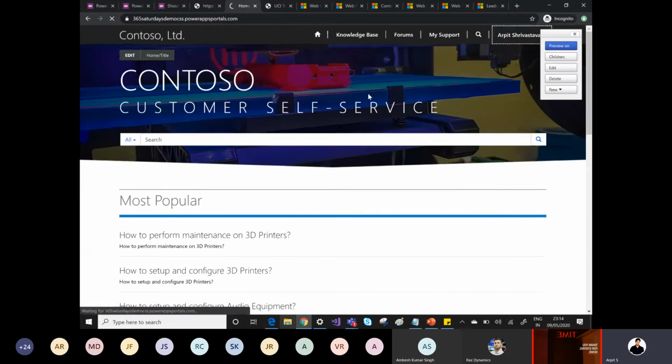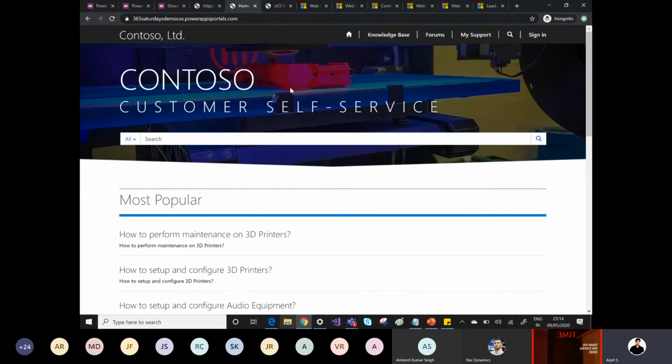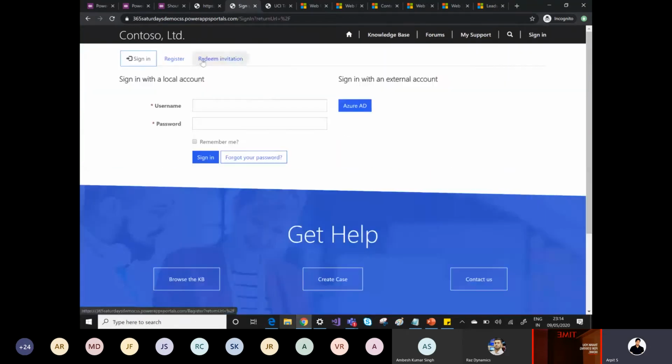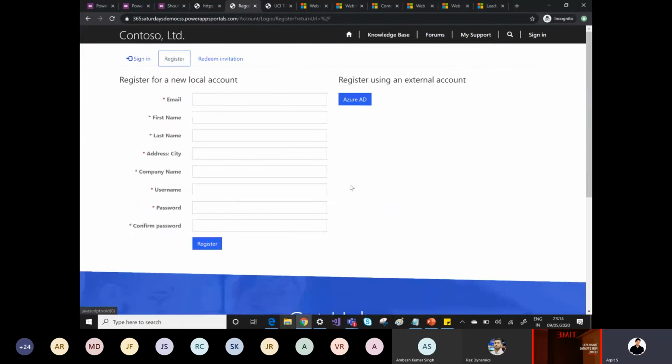Let me sign out. Go to the sign-in page. Go to the registration page. So you can see that I have customized this page and I added a few more fields: first name, last name, address, and company. Okay. And this is the way, and it's up to you, because